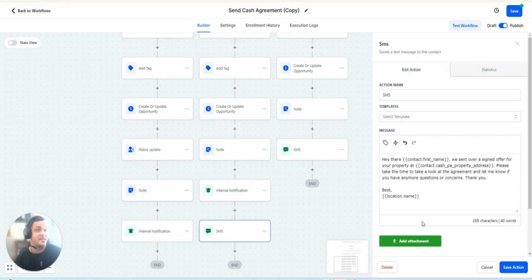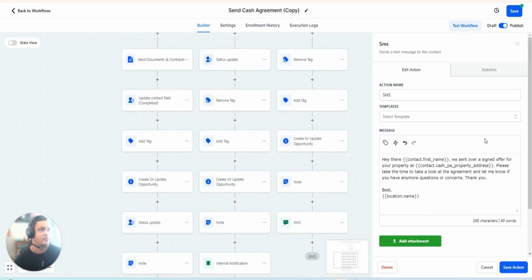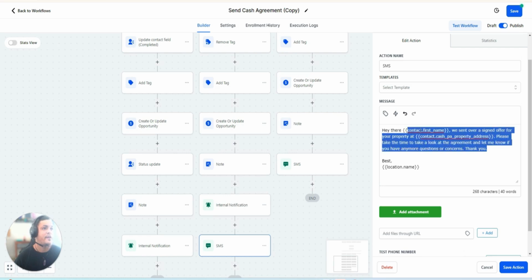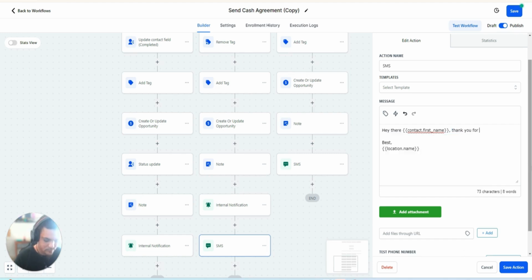So, SMS, it sends them an SMS. Hey there. Well, no, this is completed. Okay, no, so they don't need the SMS here. Hey there, thank you for signing. We're officially under agreement. Agreement to purchase